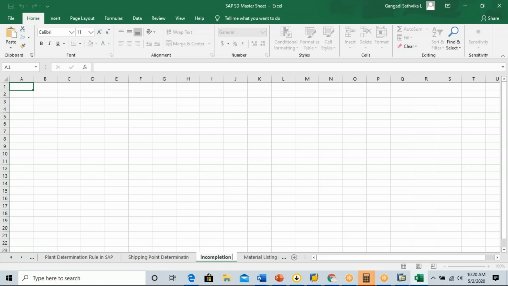So I can create incompletion procedure Z